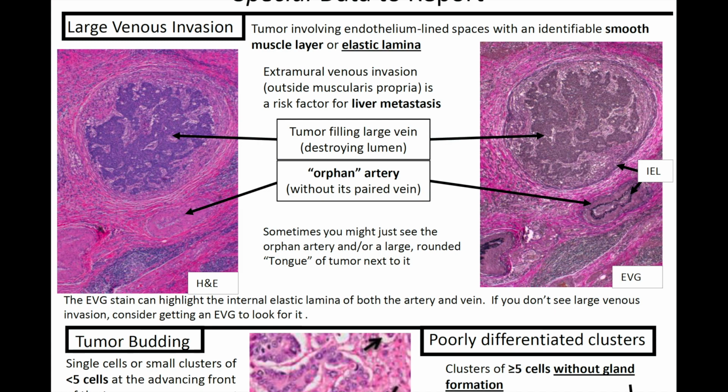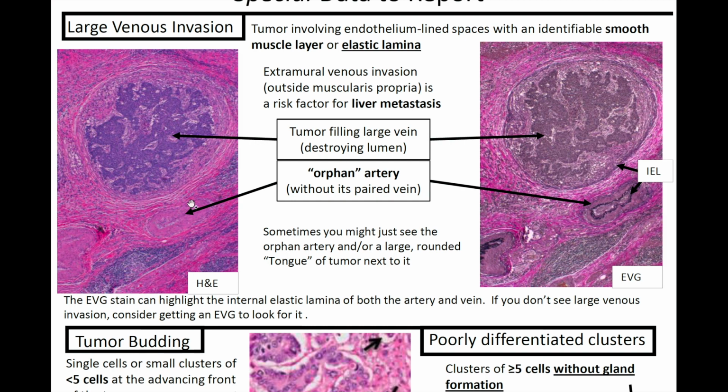So if you're having cancer getting into the vessels, it has a higher risk of going to the liver at some point. So in the image we have tumor filling a large vein. This is the vein here, and this is all malignant tumor within the vein. And then down here we have an orphan artery without its paired vein because the vein is filled with tumor. Sometimes you might just see the orphan artery and/or a large rounded tongue of tumor next to it. So if you see just the artery by itself, which you know should have a vein running with it,